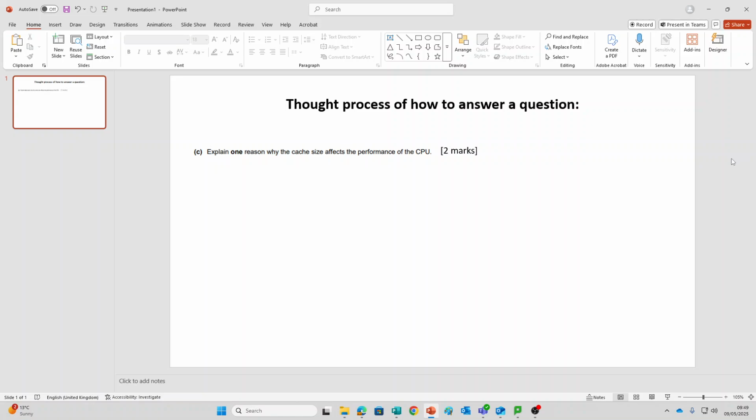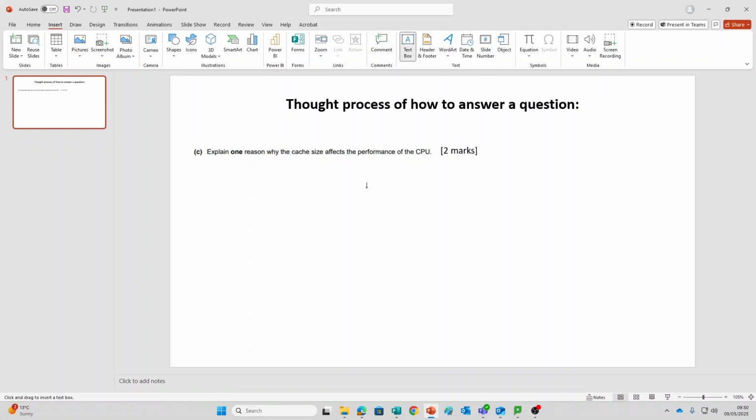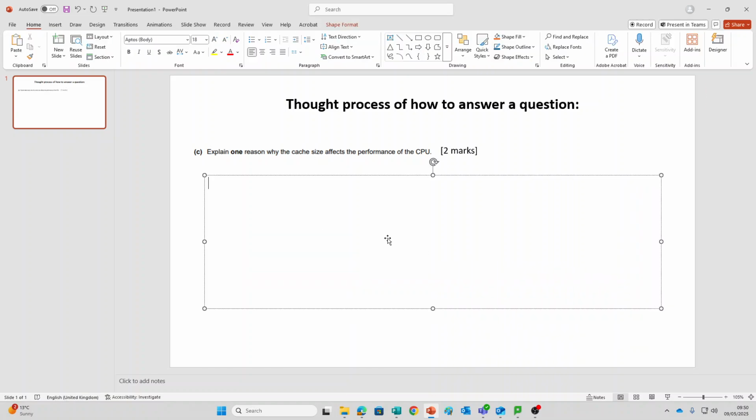So I want to talk in this about how to answer the questions for the exam. One of the first things I'm going to look at is the thought process of how to answer a question. So let's say we take this question: Explain one reason why the cache size affects the performance of the CPU. Now we notice straight away it's 2 marks. So obviously this is the thought process I would go through